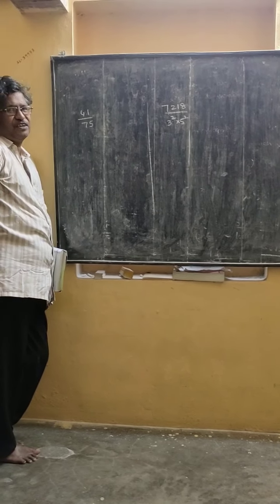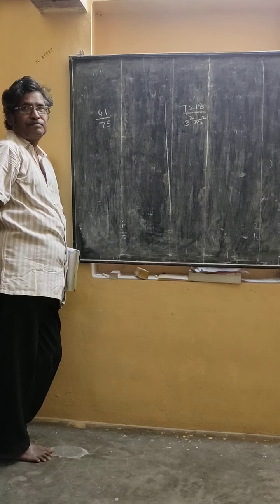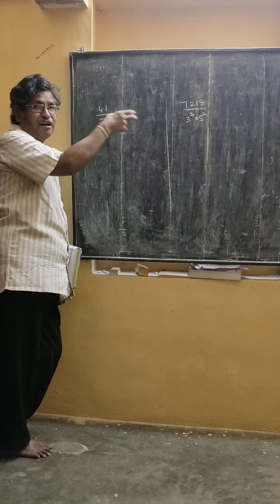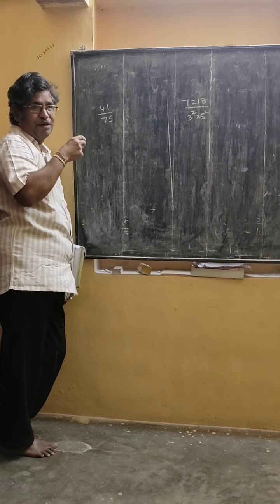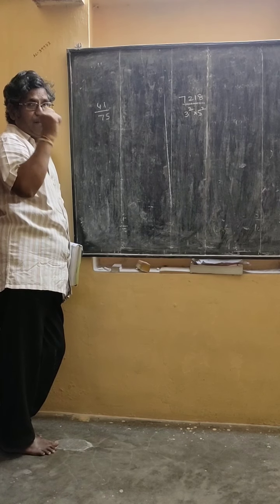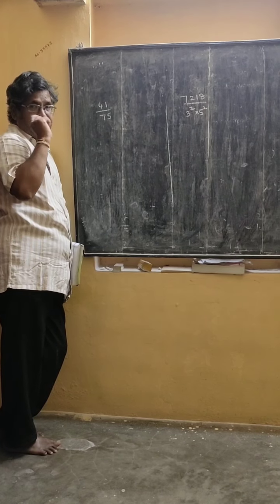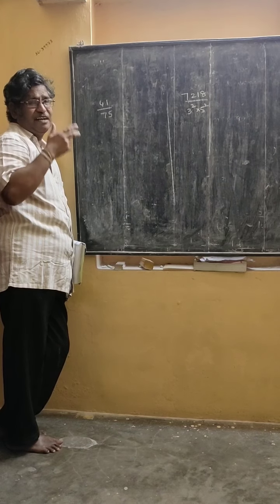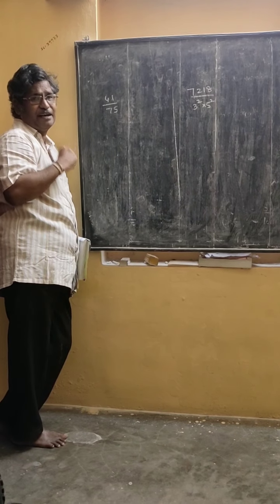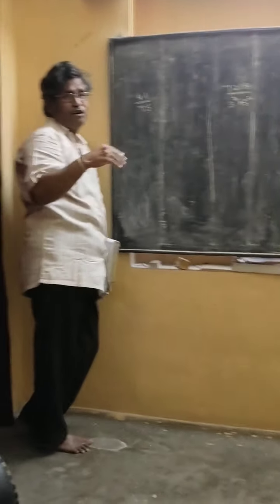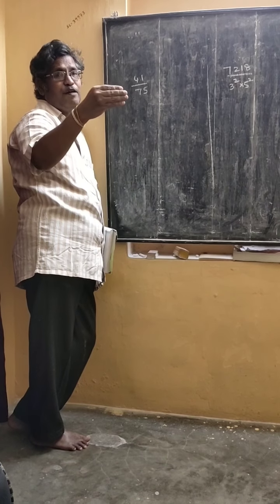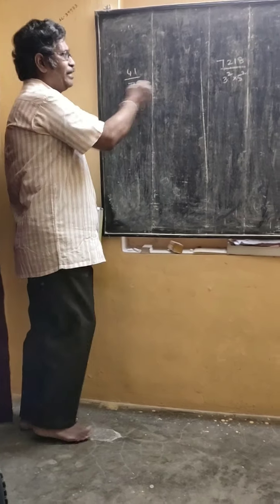So here two fractions are given to us. Whether they are terminating or non-terminating and repeating decimals, how can you check without actually doing division? The division process we know already. If the remainder is 0, it is a terminating decimal. If the remainder is not 0, it is non-terminating. If something is repeating, that is called a non-terminating and repeating decimal. So how can you check it?